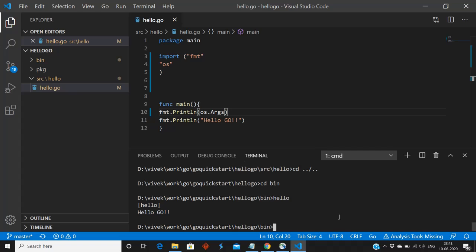So now we have understood that we require GOPATH for go install, while go run and go build do not require GOPATH. So this is one kind of problem. If I am working on multiple projects, for each project we need to set GOPATH, which is not a good approach. How we will remove this problem, we will learn in the next video when we create a Go module.